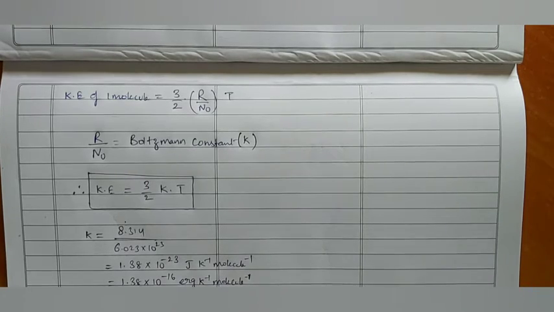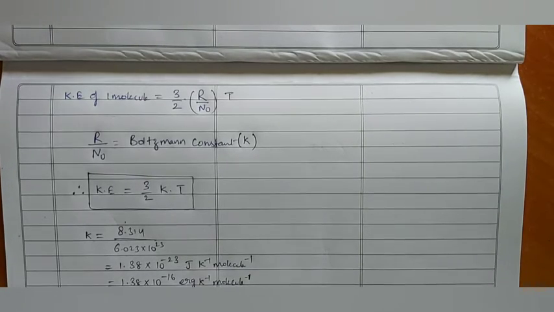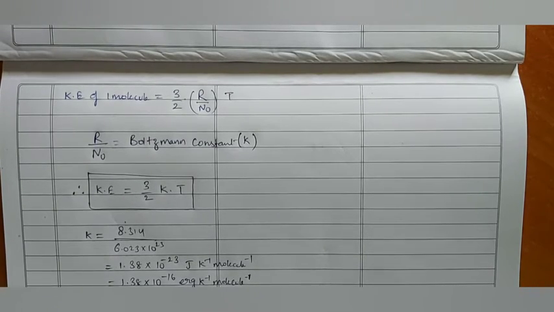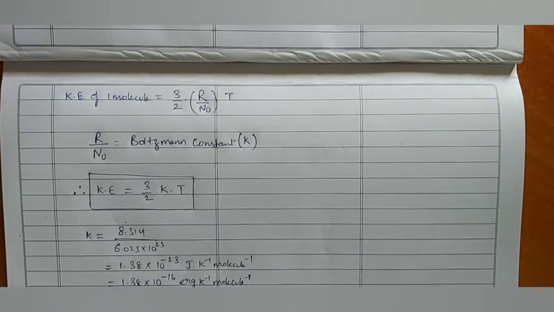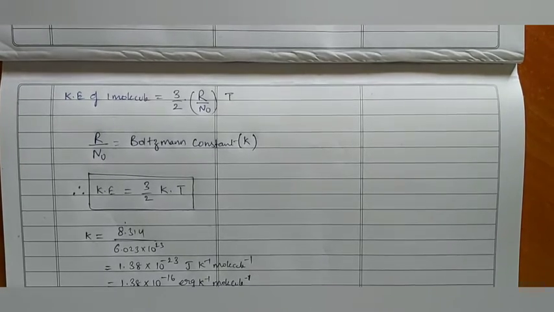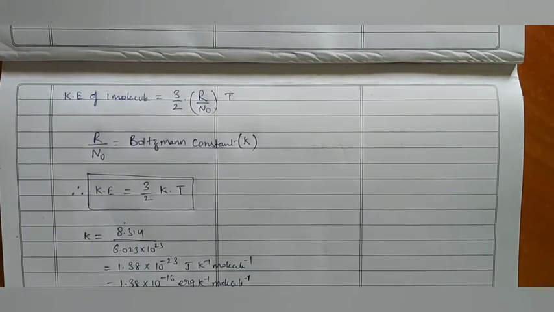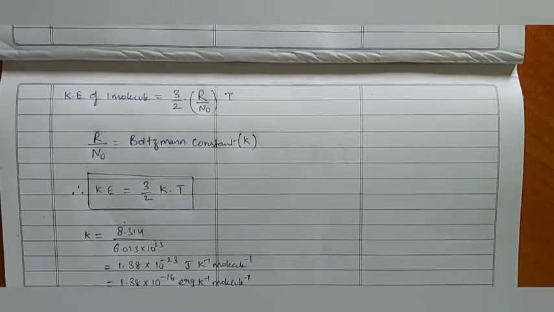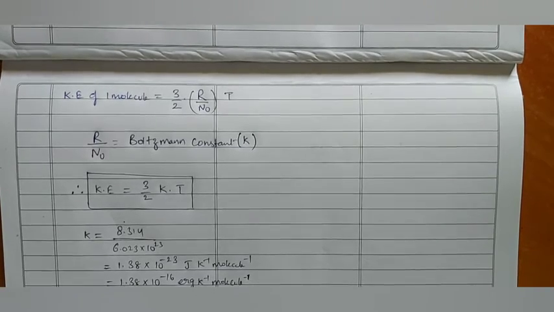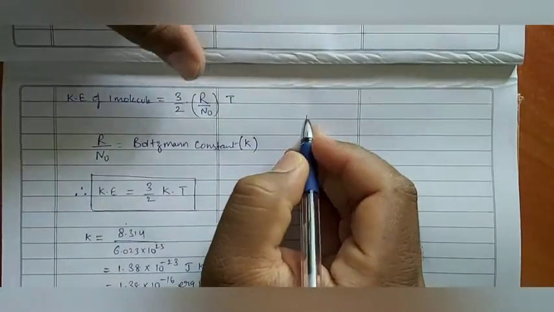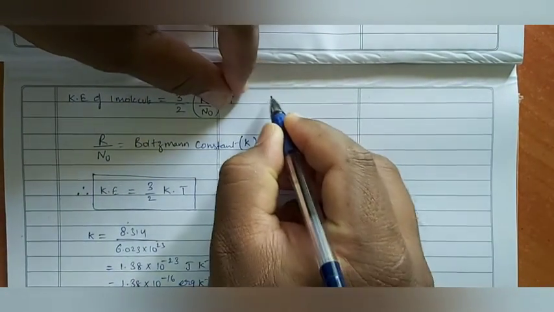Ideal gas is also called perfect gas. No gas is behaving like an ideal gas according to kinetic molecular theory of gases. Is it clear? That's why our next side heading is deviation of real gases from ideal gas, or otherwise non-ideal behavior of gases. So our next side heading is non-ideal behavior of gases.